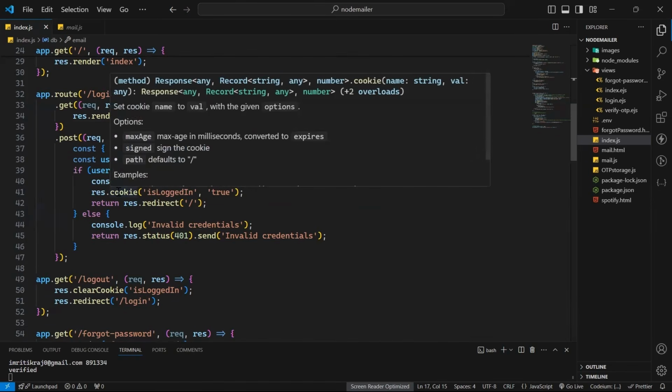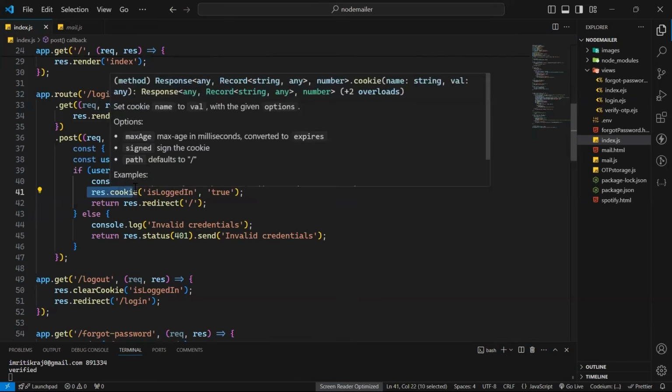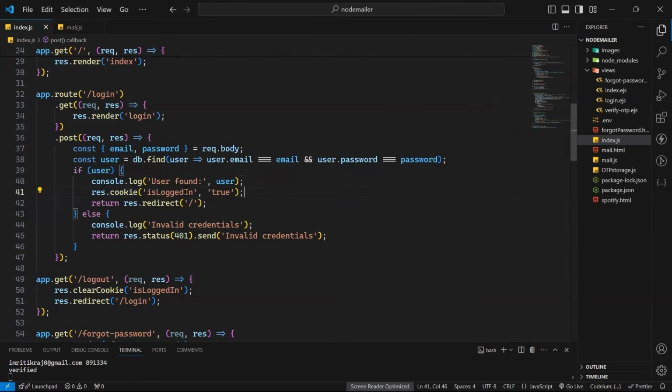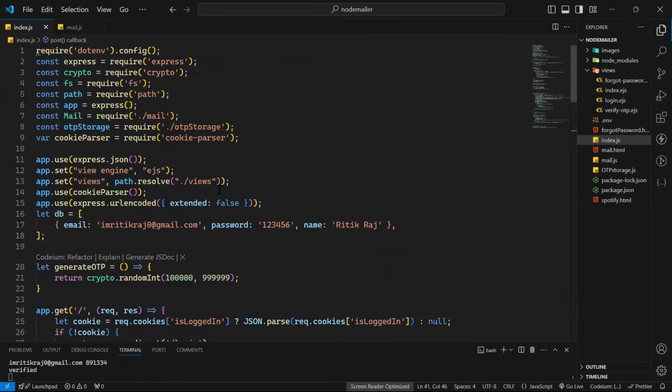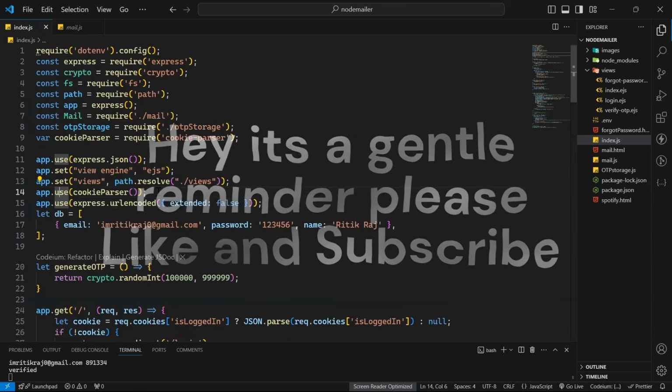हम सेट कर देंगे। अगर कुकीज़ आपको सेट करना नहीं आता तो बस ऐसे किया जाता है, थोड़ा सा लिखना रहता है आपको, आर एस डॉट कुकीज़। और कुकीज़ के जो आपको दो पैरामीटर डालने होंगे, बेसिकली की और वैल्यू, ऐसे समझ सकते हो। तो इज लॉगिन मैंने यहाँ पे ट्रू डाल दिया, और ये दोनों हमेशा स्ट्रिंग ही रहते हैं, आप कोई अलग डाटा टाइप नहीं डाल सकते हो, ठीक है। और इसको रीड करने के लिए आपको कुकी पार्सर करके एक पैकेज आएगा, उसे आपको यूज में डालना पड़ेगा एज ए मिडिलवेयर, ठीक है।